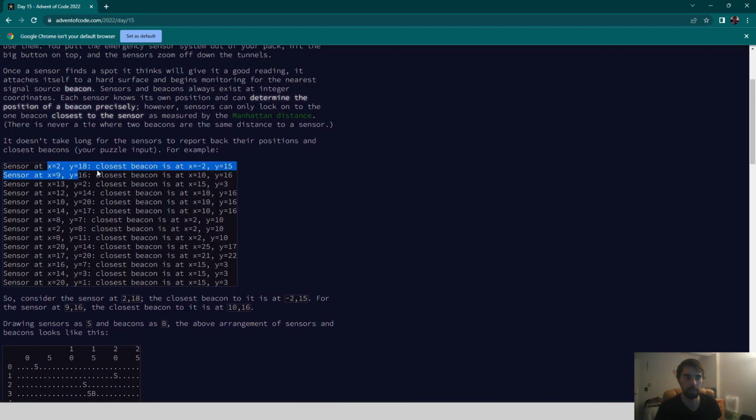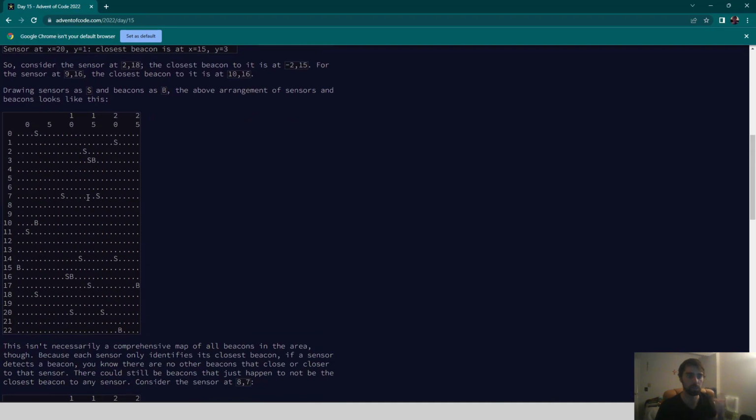So what we have here is a list of sensors, and each sensor has a corresponding beacon. All of these are just locations. The sensor tells us what the closest beacon is by Manhattan distance, so we're in a 2D grid here. So what this means is that,